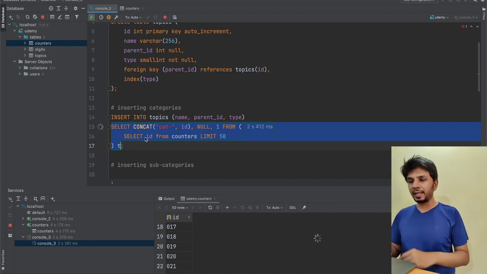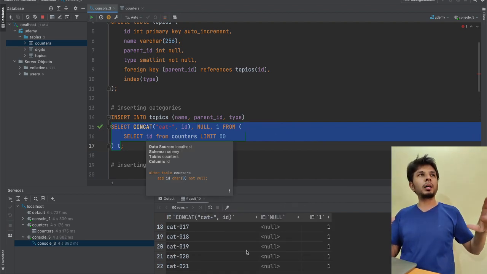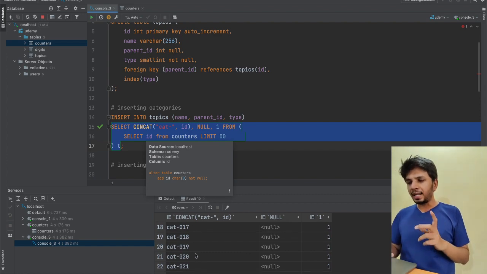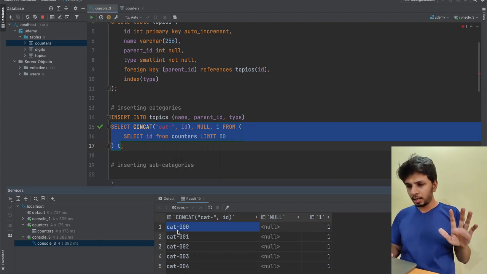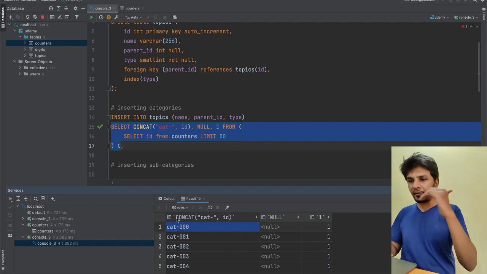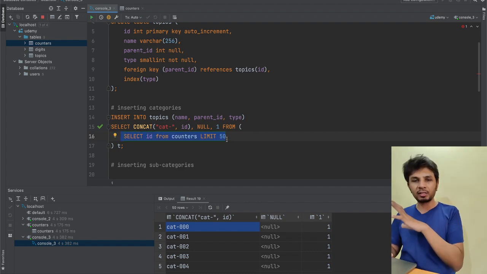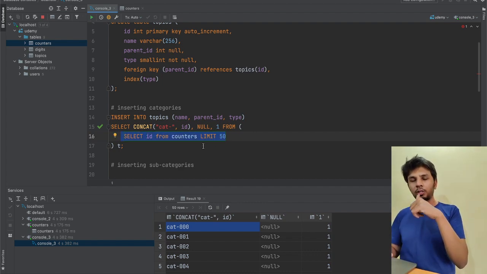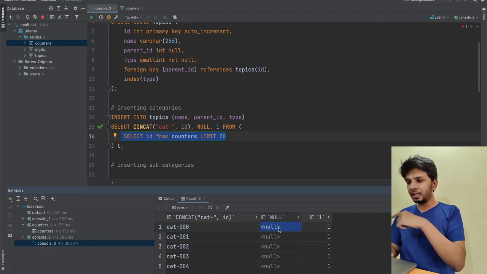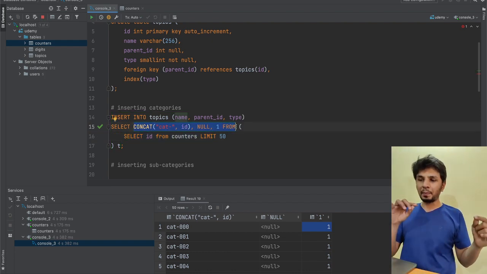So the output of this particular select command is a sort of temporary view that has 50 rows. Like here, the first row has cat hyphen 000. This 000 comes from the inner query where we are selecting just 50, from 000 to 049. Then the second one is null, third one is 1, right? So I'll be using this to create a temporary view that is of the format we require